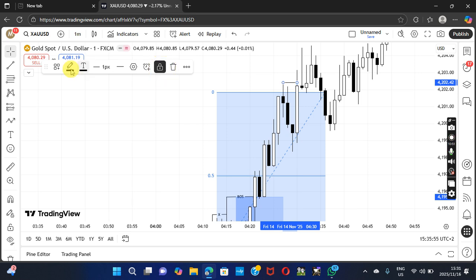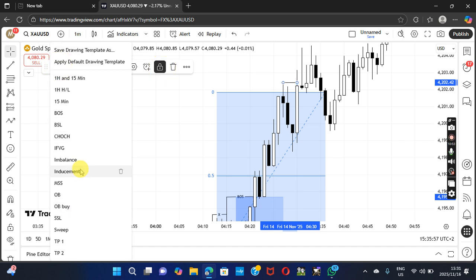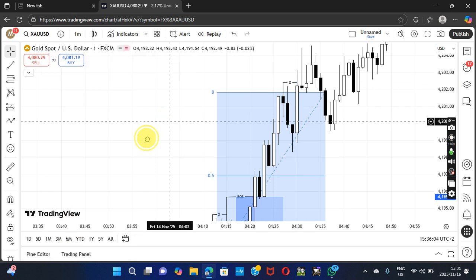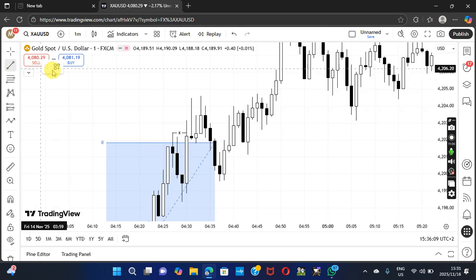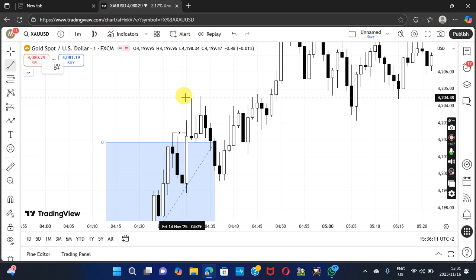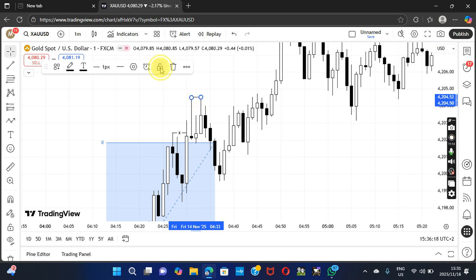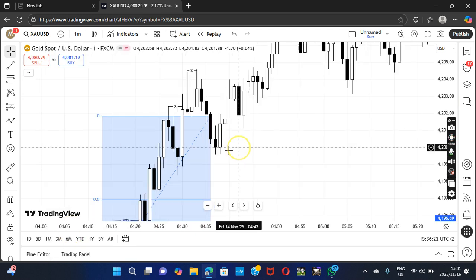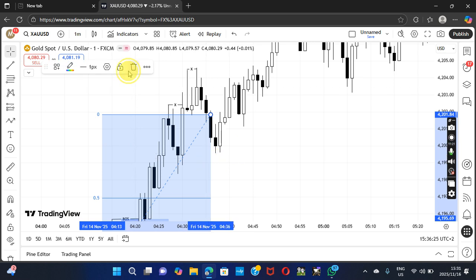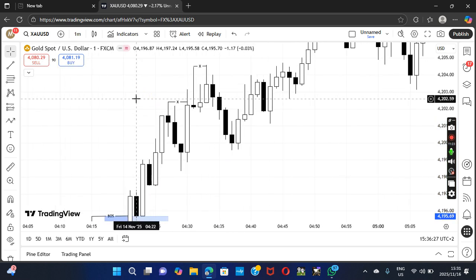invalid structure. An invalid structure, and then the endorsement was intact, so we continue to the next one. We have another invalid structure right here. Okay, we have marked our invalid structure,